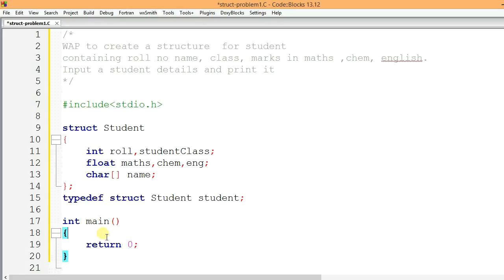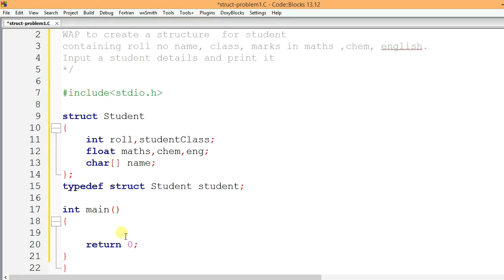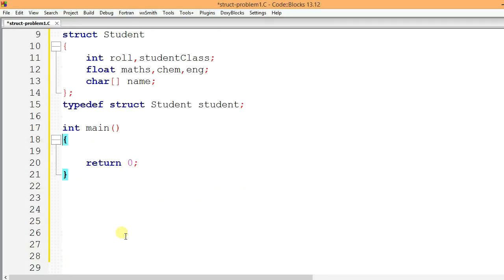Okay, now we have to enter the details of the student here. I'll just give myself some space here, then I shall begin. What are the things I should include? Input from the user. I must include input roll number, then student's class, then maths, chemistry, English marks, and then name. Okay, so printf